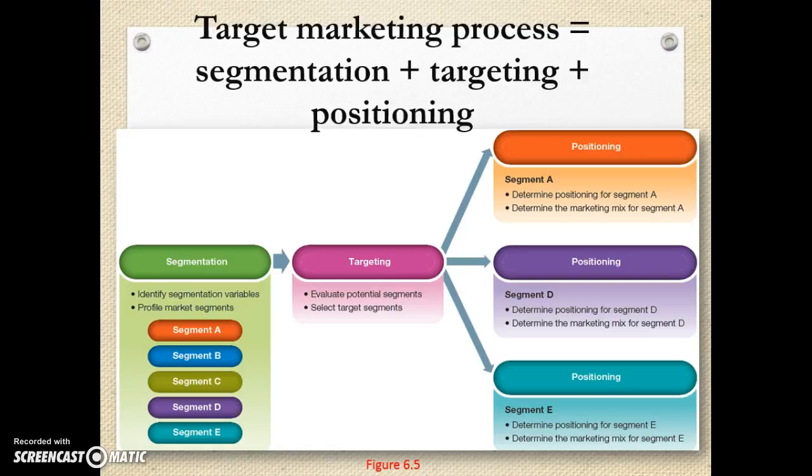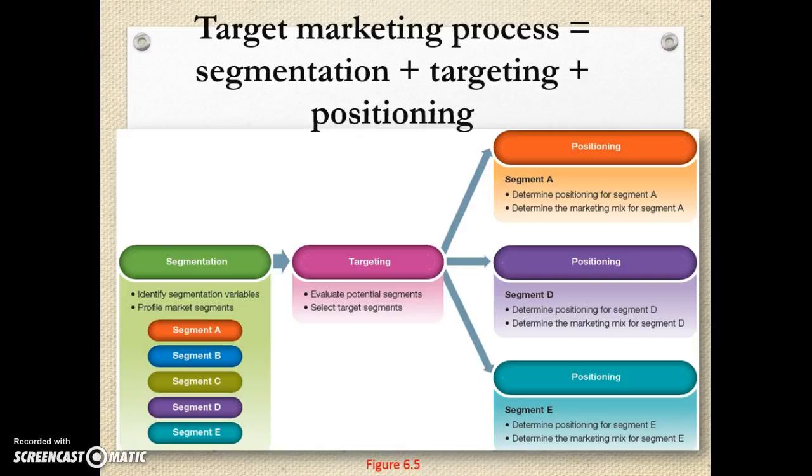So here we have the process as a whole. Firstly, we have in the green oval there segmentation. You need to divide the market using different variables, which we'll discuss in a moment. Then we have to decide and evaluate which segments are the most likely to be profitable or most suitable for our organization. Then we'll select 1, 2, 3 or more, and then we have to work out, okay, how do